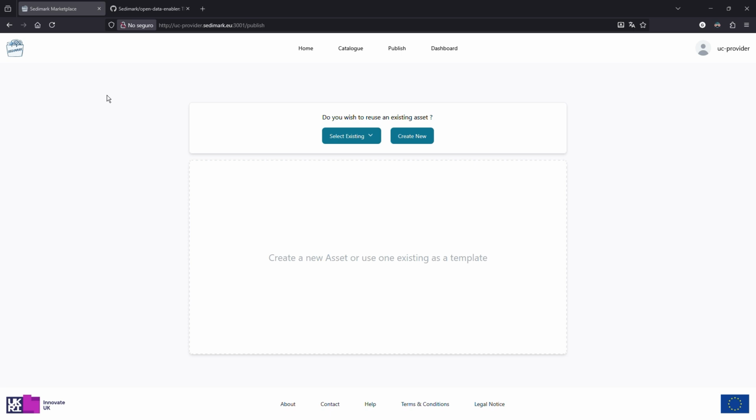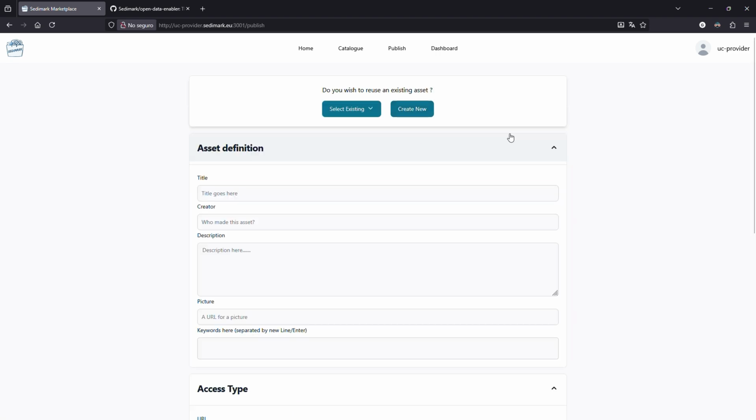This video demonstrates the offering creation and publication from an open data portal. This process is essentially different from the standard offering creation and publication, since we will be using a mechanism that simplifies the process. Normally, we would be using the Publish tab on the Marketplace UI, which has already been explained